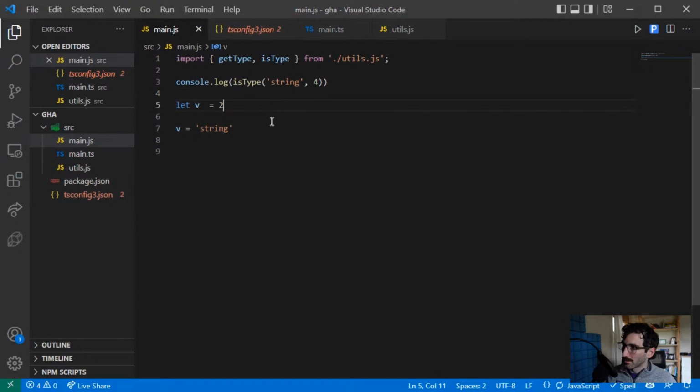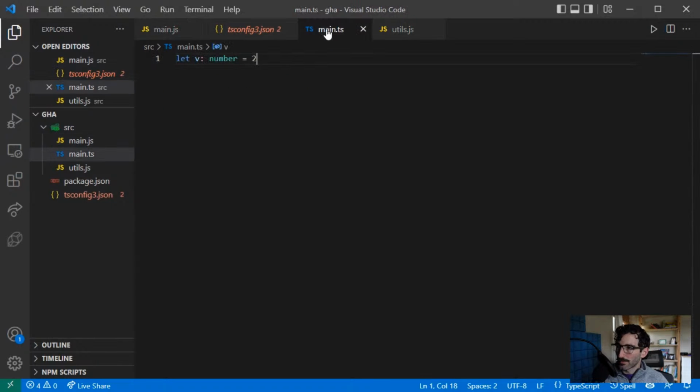Close that, open that. Okay, so in JavaScript, this is a perfectly valid thing to do. You can say, I'm going to start with a variable that's instantiated as the number 2, and then I'm going to change that variable from a number to a string. If you want to, in TypeScript, you can say, hey, this variable is actually only allowed to be a number,